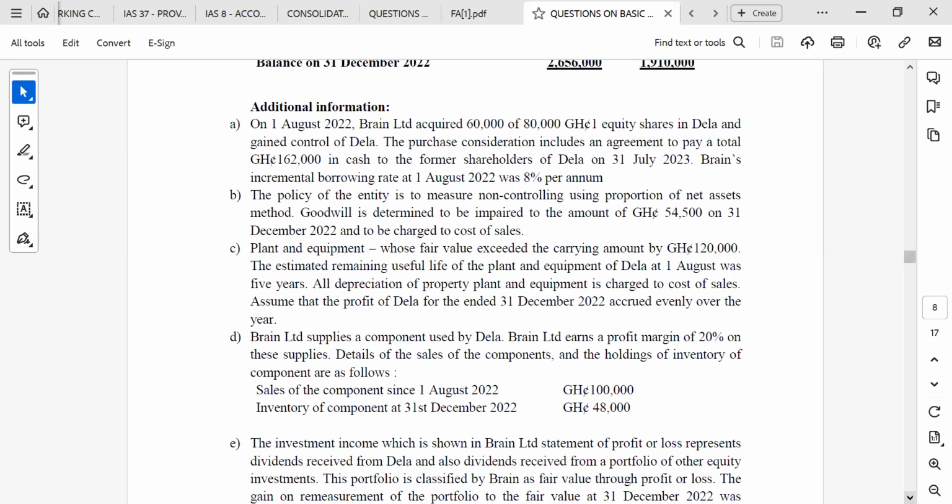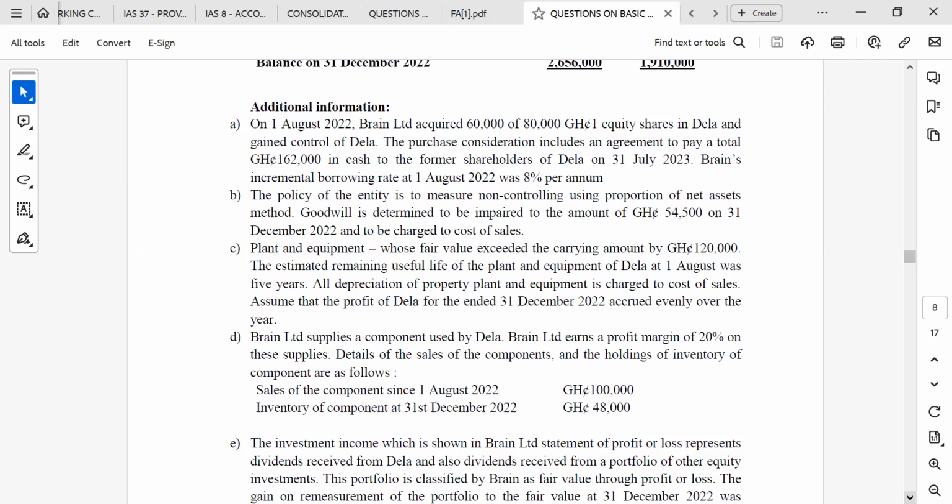Details of the sales of the component and the holdings of inventory of components are as follows. Sales of the component since 1st August 2022, 100,000. Inventory of component at 31st December 2022, 48,000. Okay. So this is intra-group